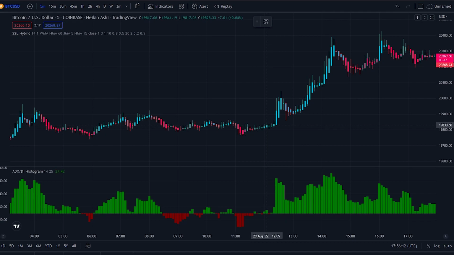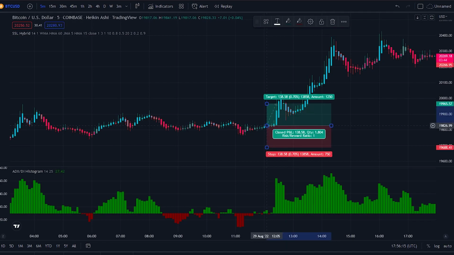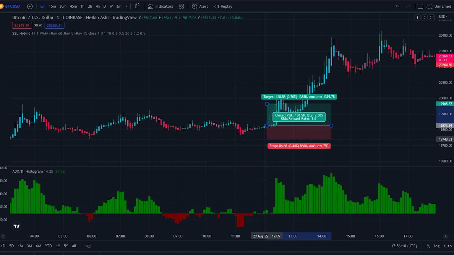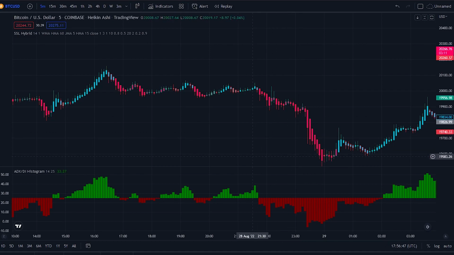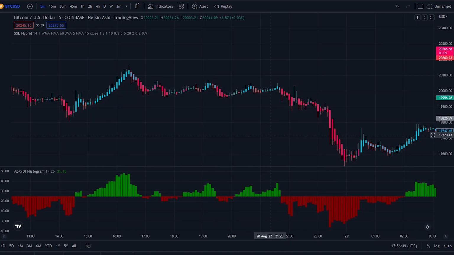We will put the stop loss a few pips below the entry candle or at the recent swing low. We will then set the take profit 1.5 times the stop loss. As you can see, the position closed with a profit. Now I will tell you how to enter the sell position